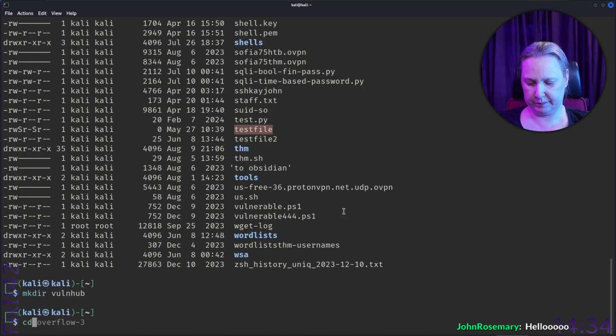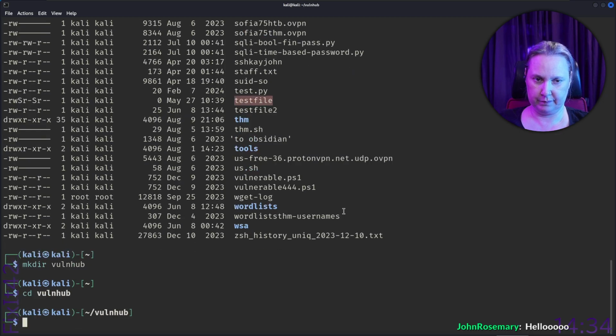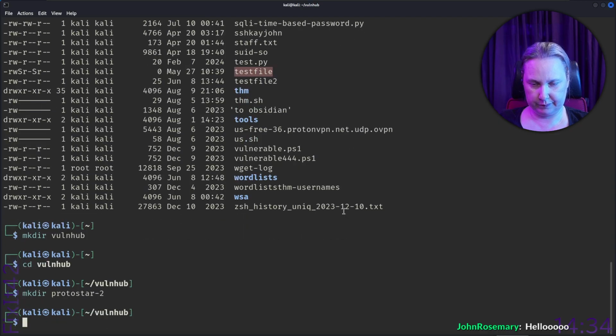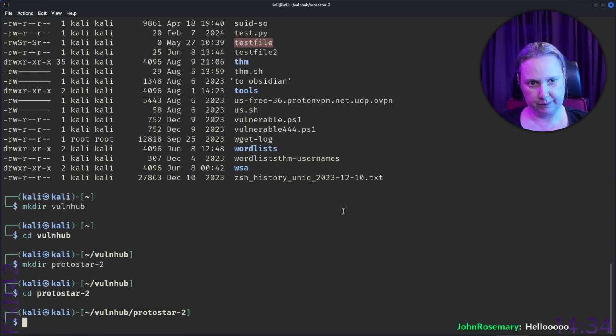And this is Protostar 2. So I don't need to, it's just my fingers doing it.